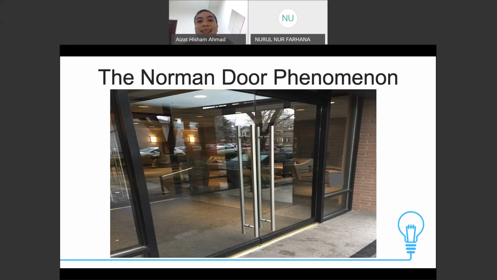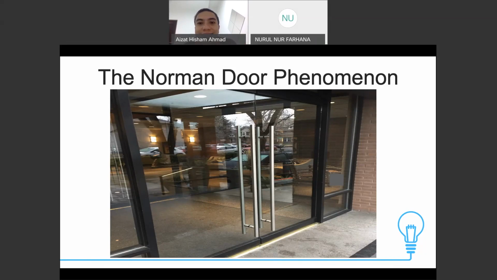The Norman door phenomenon is, so students from design, from the School of the Arts, for example, might have also learned this in your product design or, what do you call that? Not interactive, creative design, I think. Okay, the success in the Norman door phenomenon is when the design is successful, when people actually know whether they need to push or pull. So the simplest design thinking approach is just to put a label here, right, at the rail, whether to push or to pull. So it's quite simple, but often neglected.